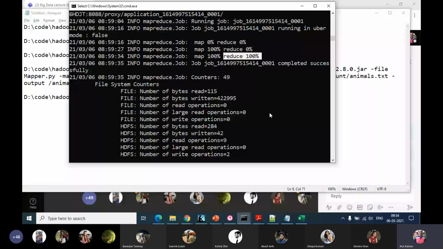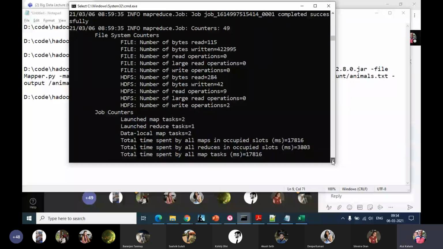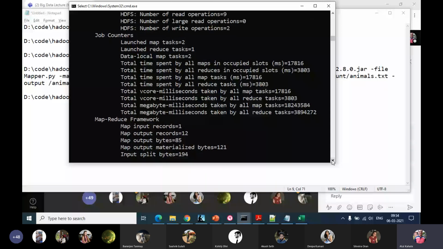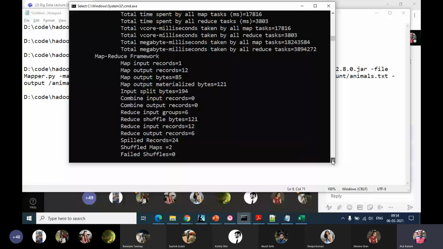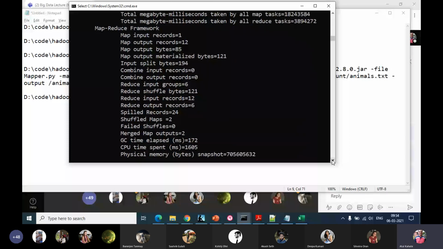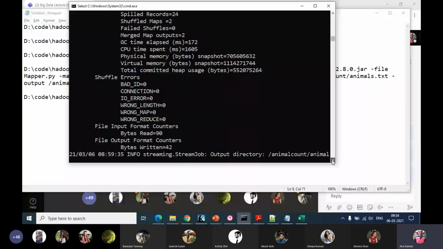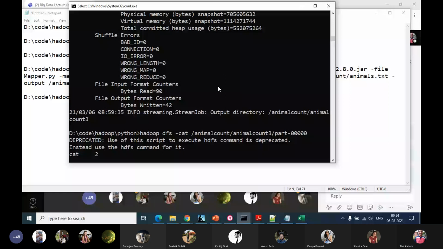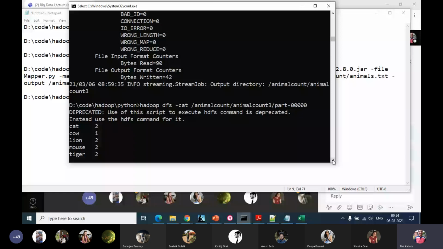Then it also shows number of bytes read, written, and so on. So this may be useful in some cases for debugging purposes or even for the purpose of creating log files or audit files. So when jobs don't run successfully or later on you have to go back and see what happened, such logs are useful. They are also written to the Hadoop logs, and the administrators usually will be able to give these logs to us in case we wish to have a look at them even subsequently.